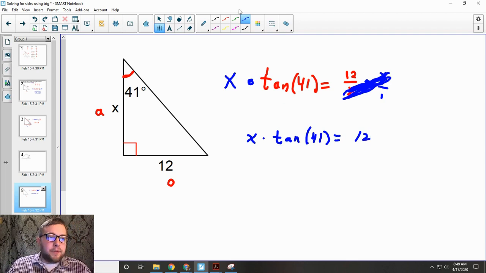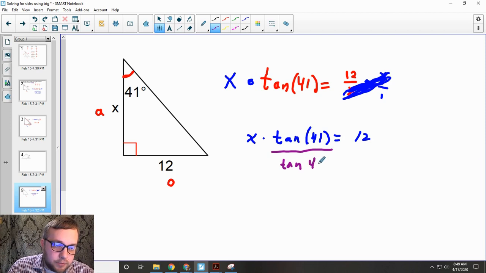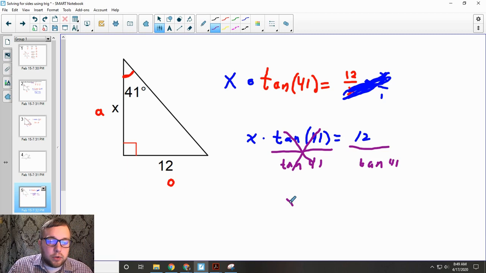All right. So I want to get rid of tangent. It's being multiplied, so I'm going to divide by tan of 41. That's going to cancel out. Now X will equal whatever 12 divided by tan of 41 is. So there's a two-move process here. I needed to multiply by X to get the X out of the denominator, and then I need to divide